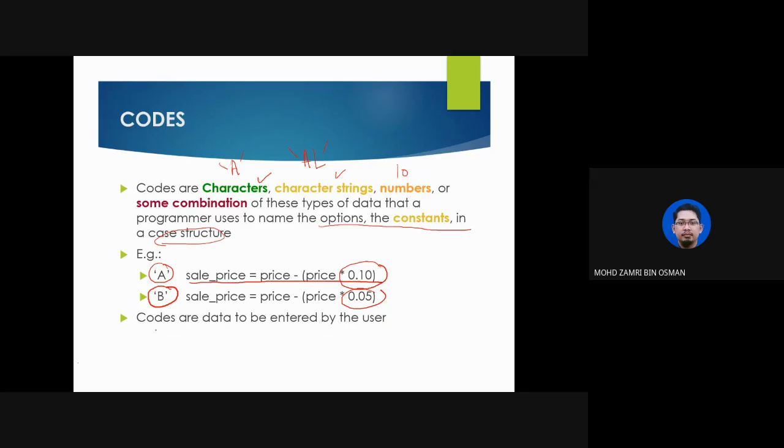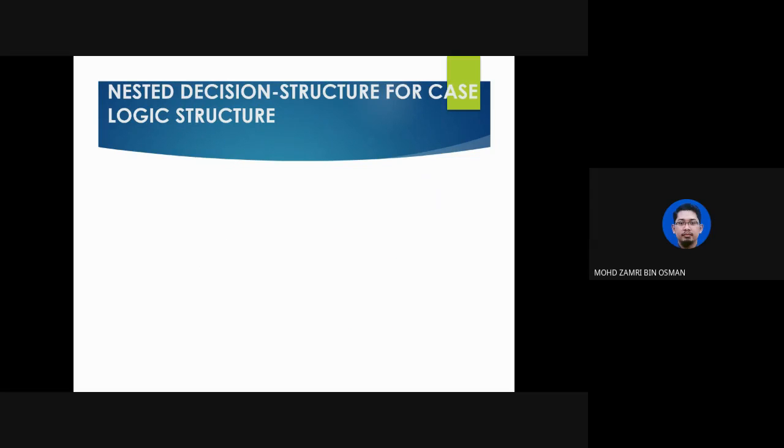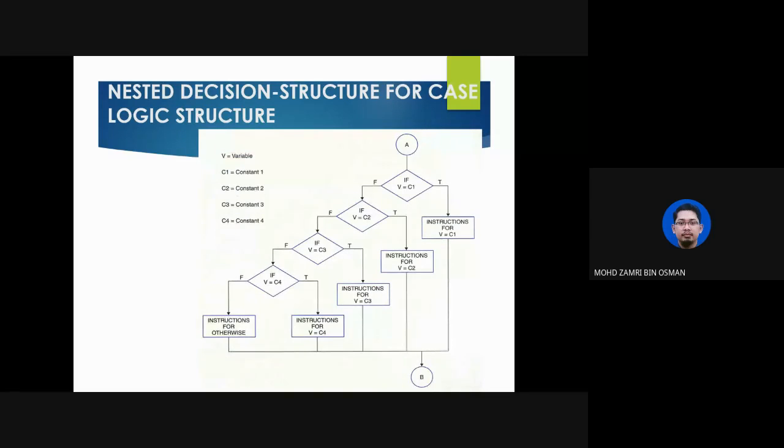So here we can have some kind of code entered by the user. Let's say enter the menu. So the user will enter menu A, right? And then it will execute this calculation. Okay, so instead of having only two conditions, we can have multiple decisions in one algorithm